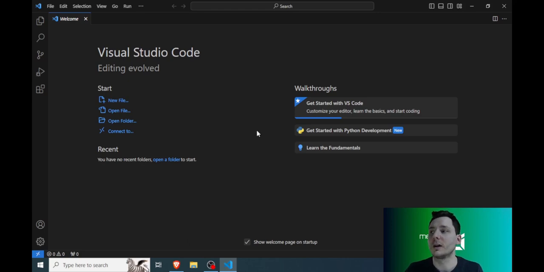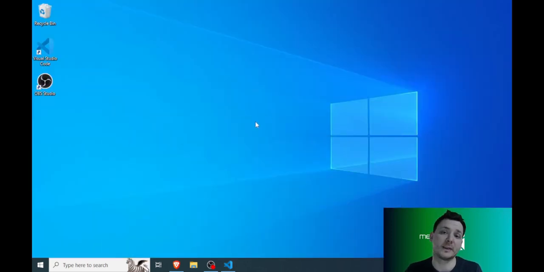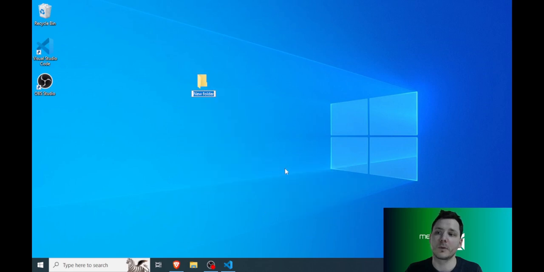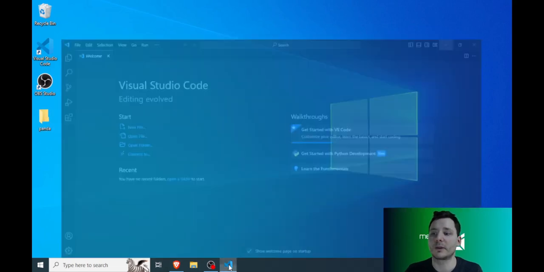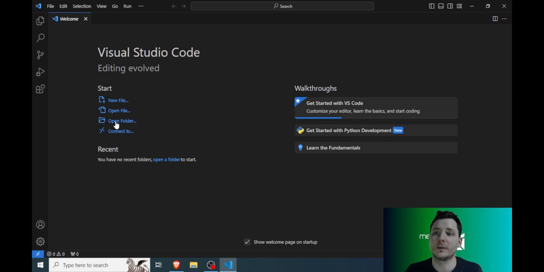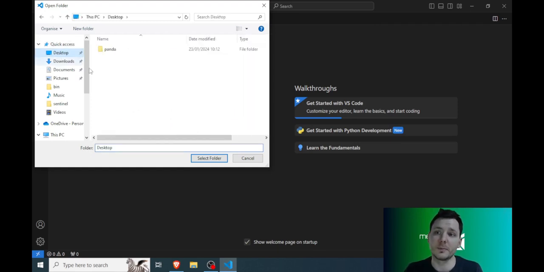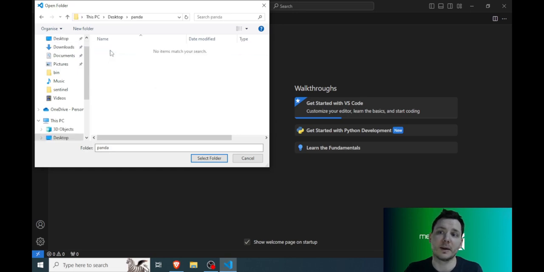Okay, so back to your desktop. You can just minimize the editor for now. On your desktop, right click and head over to new and click on folder, and you can name it whatever you want. I will just go with Panda. Hit enter. You can just pull it aside like that, and now we can go back to our editor and open the folder. We just need to locate where we actually created the directory, so we need to click on desktop and double click on Panda. Then you click on select folder,